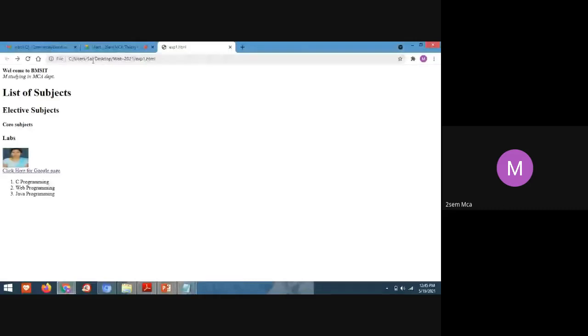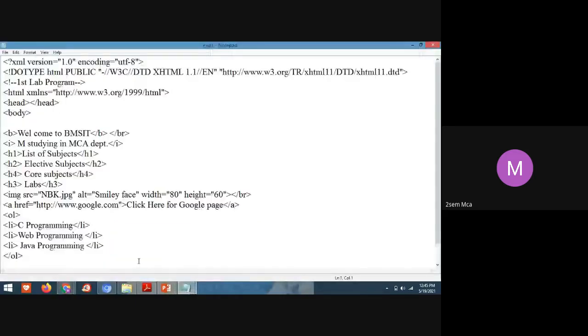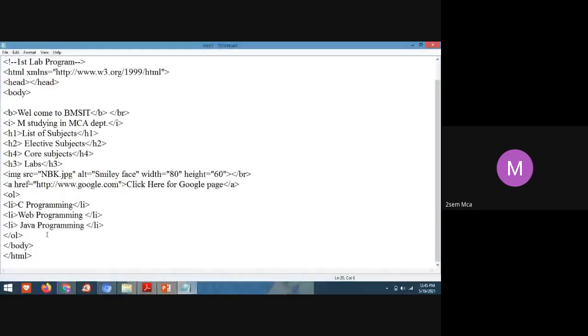Next, unordered list. I'll include an unordered list. What is the tag for unordered list? UL. And for the list item, LI.